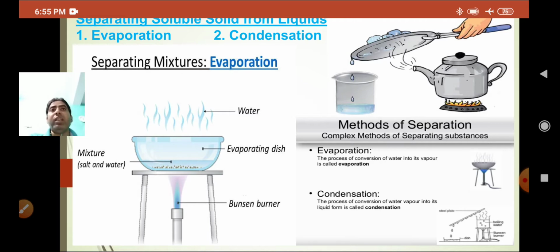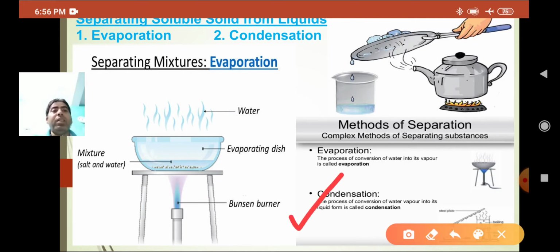Seawater contains a lot of salt. The process of evaporation is used to obtain salt on a large scale from seawater. Seawater is trapped in small shallow ponds and allowed to stand there. The heat of the sun gradually evaporates the water completely in the shallow pond, leaving behind the solid salt. This mixture of salt is further purified to obtain common salt.